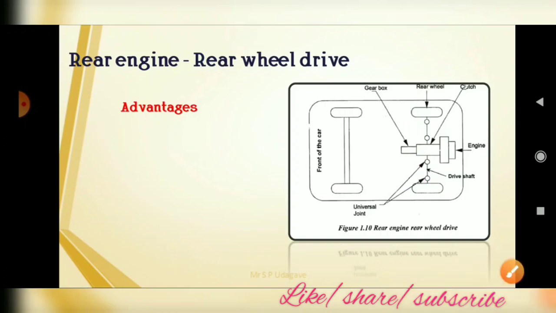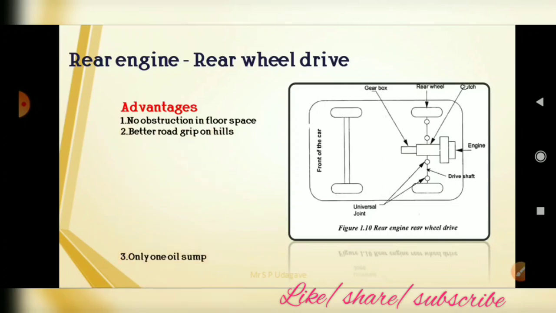This system also has some advantages. There is no obstruction in the floor space because of the rear engine. Second, better road grip on hills. Only one oil sump is required for the gearbox and the engine.